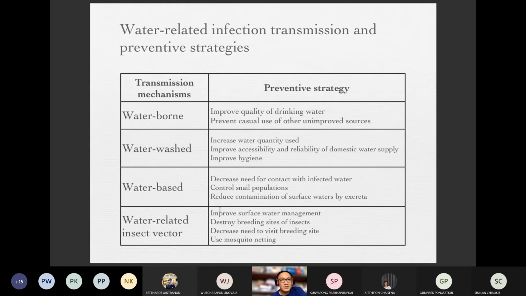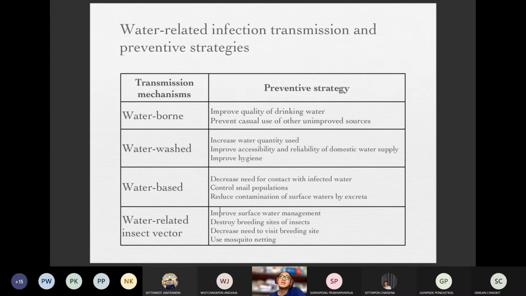At the point of use, chlorine residual should be approximately 0.5 ppm. At least it should be 0.5 ppm. This is sufficient to inactivate the pathogens,